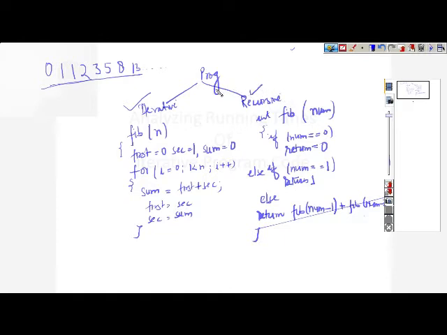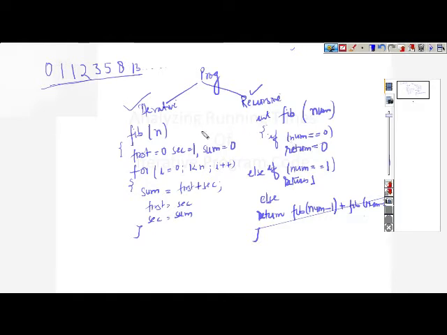But when we go to larger series, if you want to print the first 100 or first 80 or 50, in that case you will realize that the recursive approach is actually very costly, because in the recursive approach we are using stacks, and every time you make a call, these values need to be passed to the stack and stored there, and then when the next function returns the value, that value is passed to the previous values held in the stack. So it will take a lot of time,